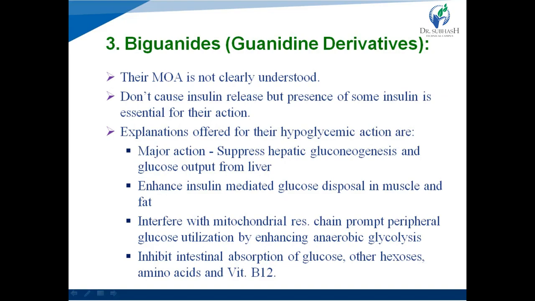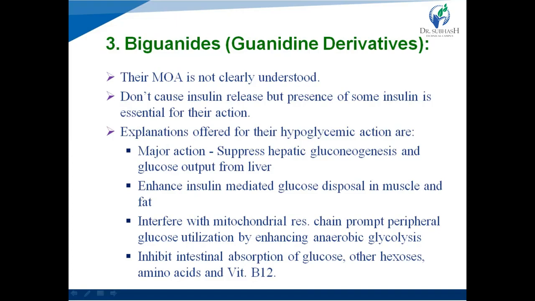Third class is Biguanides, also known as Guanidine derivatives. This is the class of insulin sensitizers, meaning it enhances the sensitivity of insulin. It does not enhance release or secretion of insulin, it enhances the sensitivity of insulin. Its mechanism of action is still not clearly understood, but the explanations offered for their hypoglycemic action are: